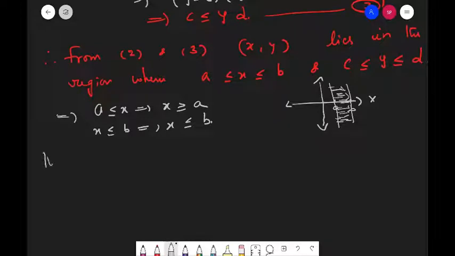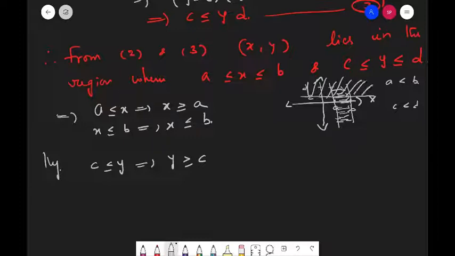Similarly, c less than or equal to y implies y is greater than or equal to c, and here you are given a less than b, and you are given even c is less than d. Where is c here? If this is c and if this is b, then y is greater than or equal to c, so that means it will be there here, and then y is less than or equal to d. If this is d,